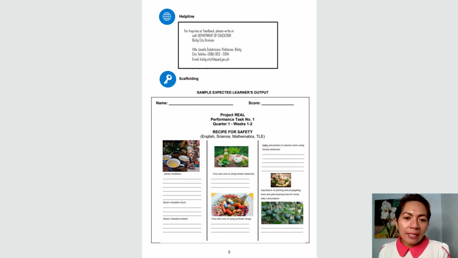So helpline, kung saan sila pwede mag-contact. And maybe in the helpline, you can also write in here your contact number sa baba po. Kasi you are the direct contact of the learner, you being the class advisor or the subject teachers. So, pwede ninyong ilagay ang contacts nyo dyan. I think you can also, siguro hindi yung personal na cellphone number mo, but name lang ninyo, and then yung learning area na hinahandle mo, which covers also this module or this PT, and then the address of the school.